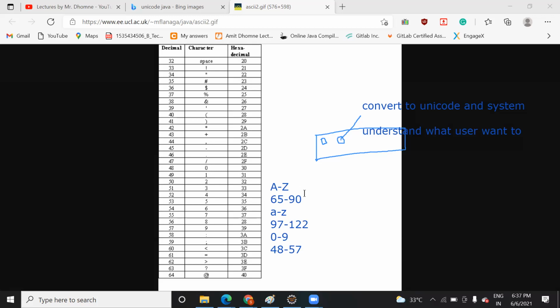So 83, that you got, 83 might be the ASCII value of an S. Let me check it here. Let me show you the ASCII value.